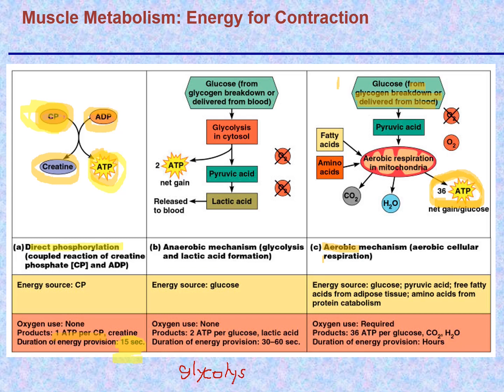First step in the pathway here is glycolysis. This is what we're talking about, C here, glycolysis. And glycolysis leads to production of pyruvic acid. And pyruvic acid then gets converted to acetyl-CoA, and that goes into mitochondria, and you get